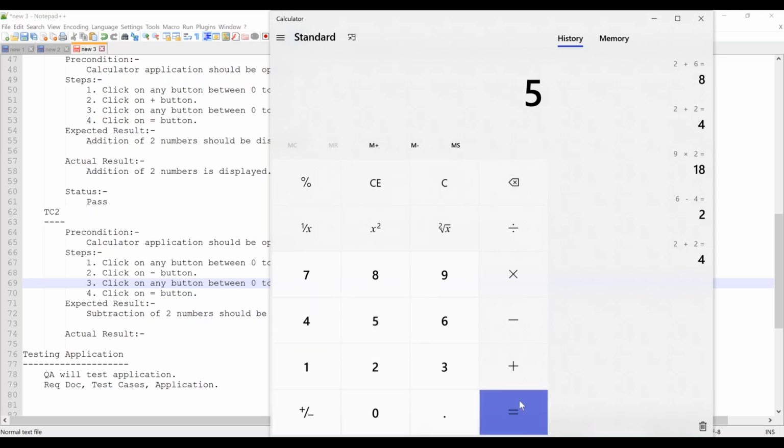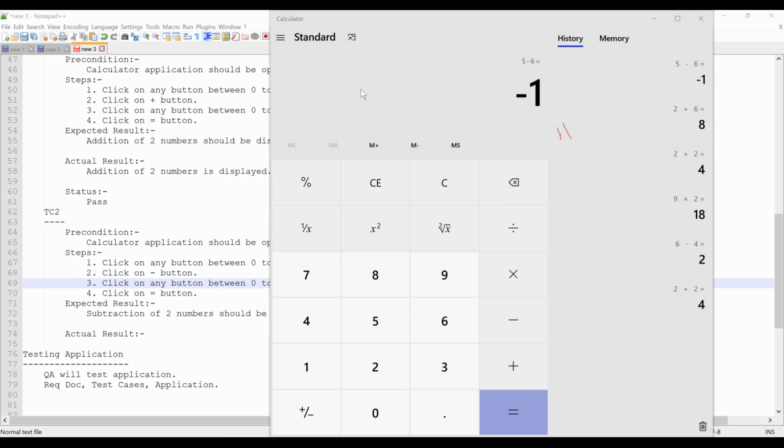Step says click any button between 0 to 9. Minus 6. I'm supposed to get -1. Let's say you did not get -1. Instead of -1, you are getting +1. Or instead of -1, you are getting 11. So assume, for now there is no defect, but I am asking you to assume instead of displaying -1, it is displaying 11, right?